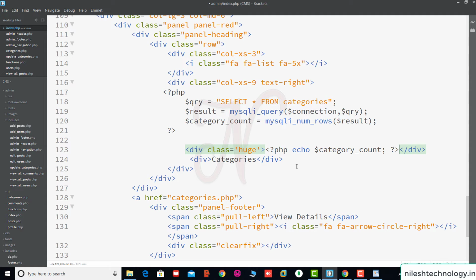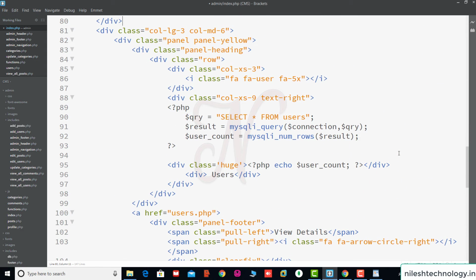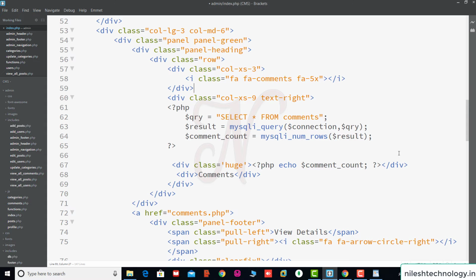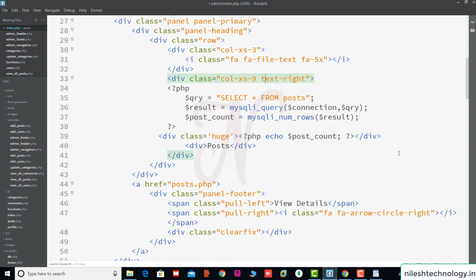Here we change the query to categories and this category count is printed here. Same here, in the section above we change the query to users and use the variable user count. Here the query name is comments with variable comment count, and this is the post with variable post count.